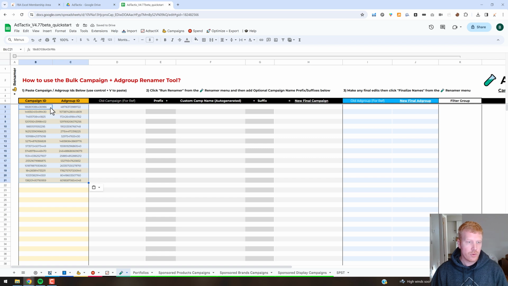paste just the values. You want to be wary of pasting values anytime in Adtactix because there's some conditional formatting and stuff that goes on. If you do a regular paste with Control-V, that screws up and overwrites the formatting. Just a little lesson. So we got that now, and all we do is come up now and click the